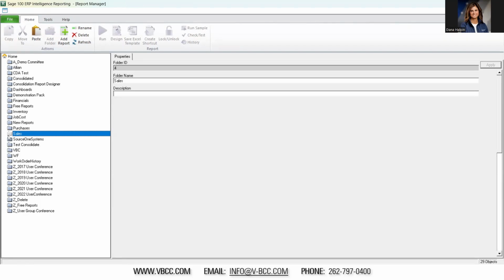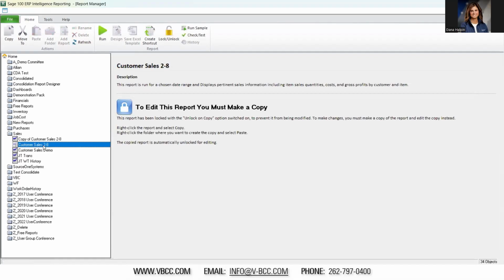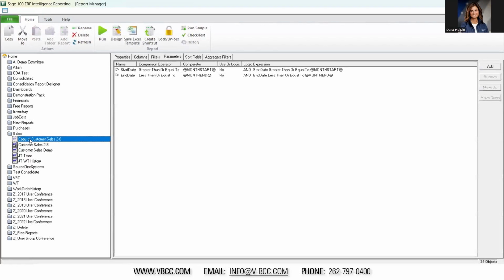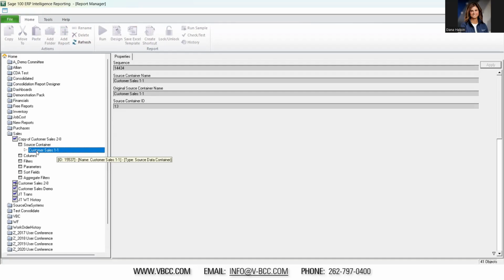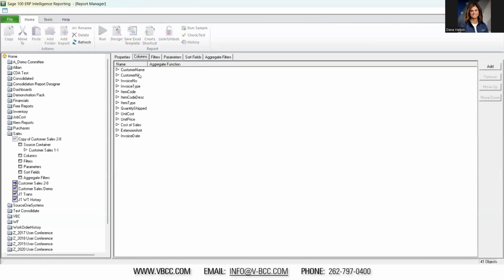So, for example, this is a canned sales folder that comes with Sage Intelligence. They give you the customer sales 2.8 report. If I made a copy of that, which I did up here, and I double clicked on it, there's a source container in here called customer sales 1.1. Now, I have the connector license, which means I could go into this and I can maybe add another table to it. I can add more expressions to it and do all that good stuff. But if I didn't have the connector license, I'd have to just take what it gives me, and that would be these columns, and that's it. So if I wanted to add more or do any kind of custom reporting, I would need to purchase the